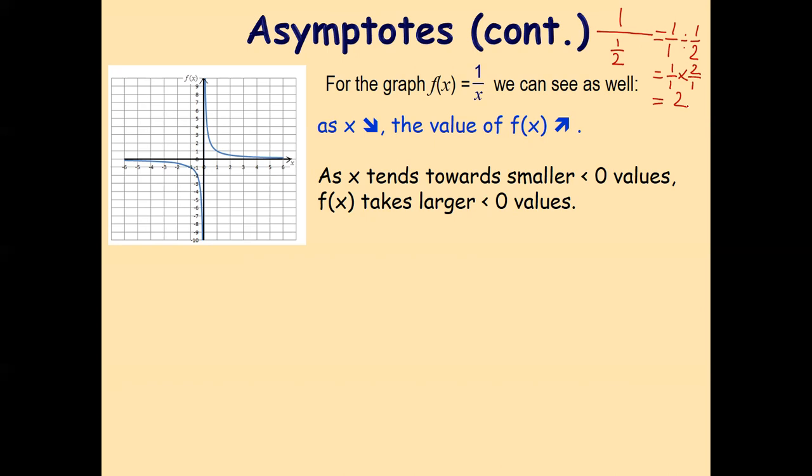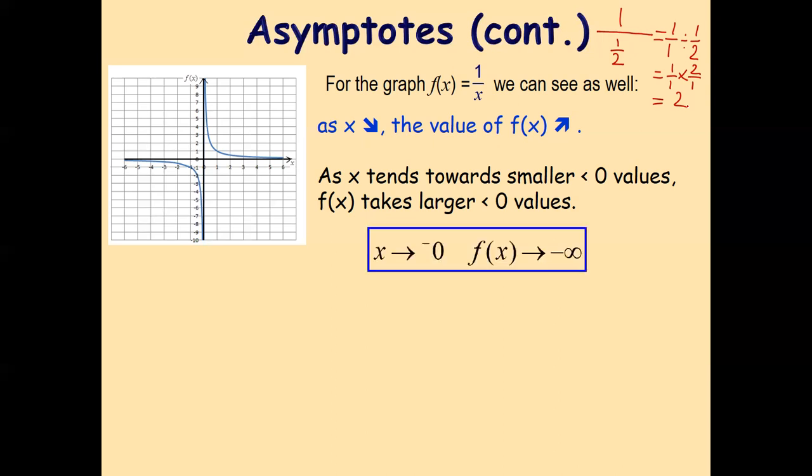So all those misconceptions, you need to take out of your head, like "but when I divide by a fraction, my number gets bigger." Okay? So as x tends towards 0, f of x here will get bigger and bigger, which is what we see in the graph. So we put a wee minus zero. That means you tend towards 0 on the minus side. So as x tends towards 0 on the minus side, you see f of x going towards negative infinity. And as x tends towards 0 plus, on the plus side, you've got f of x going towards positive infinity,